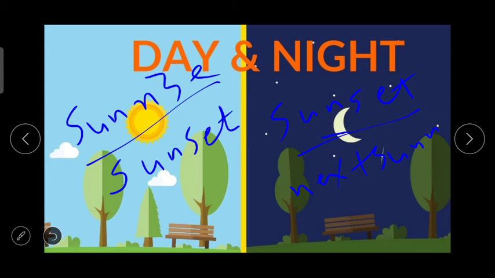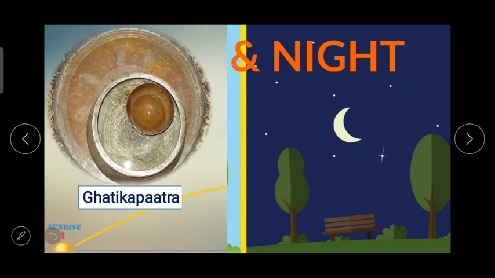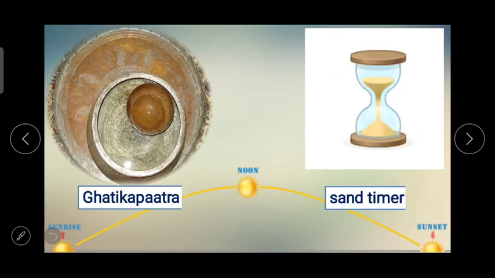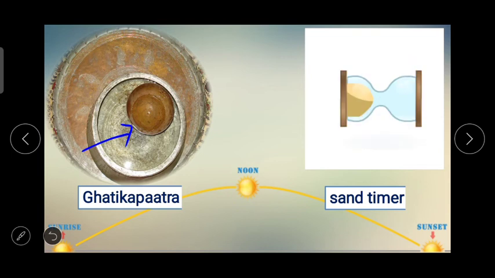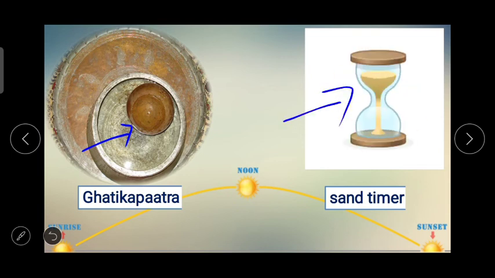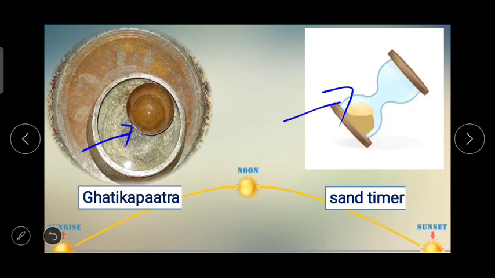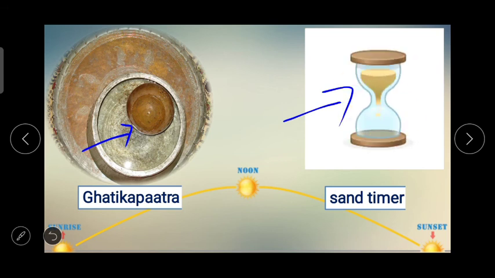the next. And earlier, if we talk about Ghatika Patra, a bowl with a minute hole at its base, here you can see minute hole at its base, which would float in a large water filled vessel, and sand timer like this, etc. were used to tell time. जनरली इन चीज़ों का यूज़ हुआ करता था एंड द टाइम वॉज नॉट एग्जैक्ट टाइम नहीं था जैसे आज हम सेकेंड्स में, मिनट में, आवर में टाइम बताते हैं। इट वॉज नॉट लाइक दैट, बट घटिका पात्र एंड सैंड टाइमर वर यूज्ड टू टेल टाइम। एंड देन आफ्टर पीपल